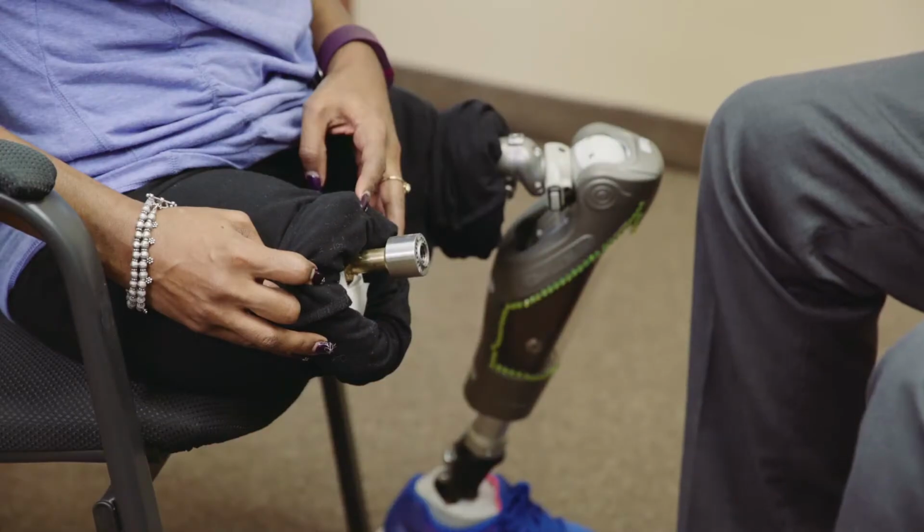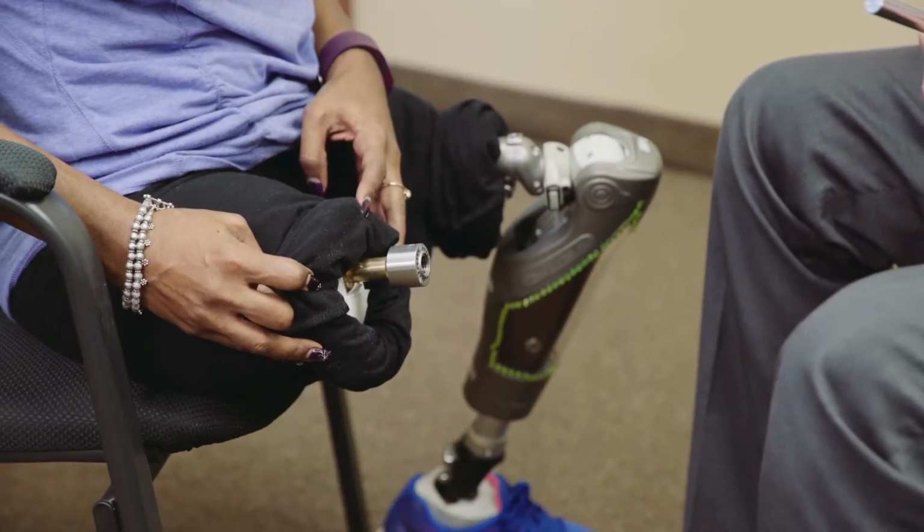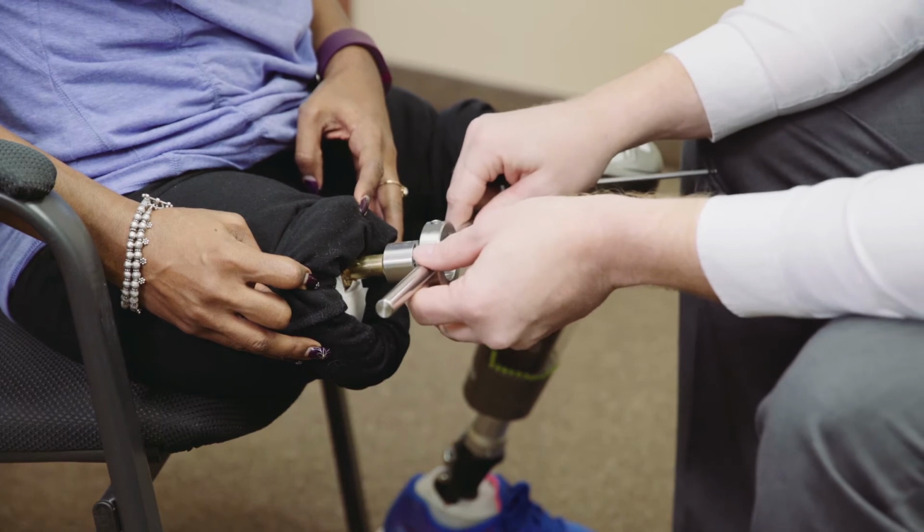The last procedure that we will cover is checking the tightness of the dual cone locking screw. It is very common for this screw to require tightening at least once after the initial installation and surgery. This will be the case especially after the patient increases their activity and consequently sets the adapter more firmly into the implant. It is recommended to check this at least once after the surgery, especially if the patient is increasing